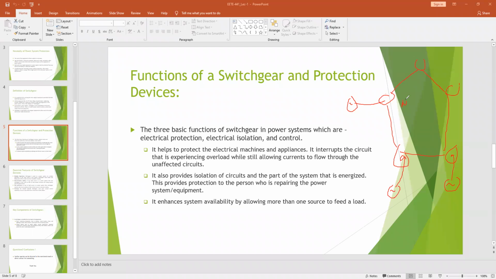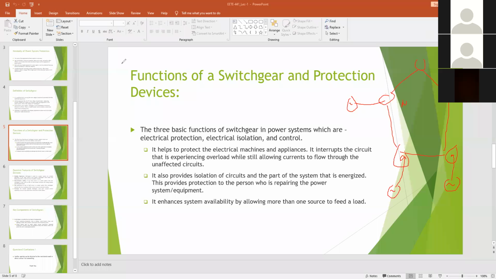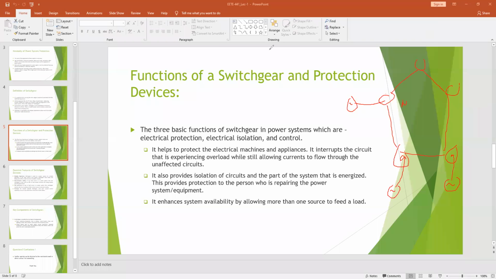Often it is difficult to meet the demand of consumers from a particular power station. It is often considered very bad practice. Rather than that, a number of generating stations are connected with each other through parallel operation to fulfill the demand of the load. For example, it may be connected to 3 generating stations, or 4 generating stations, all connected here to meet the need of the consumers of a Dhaka zone, for example, right?